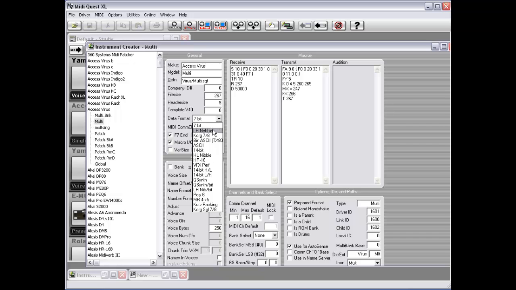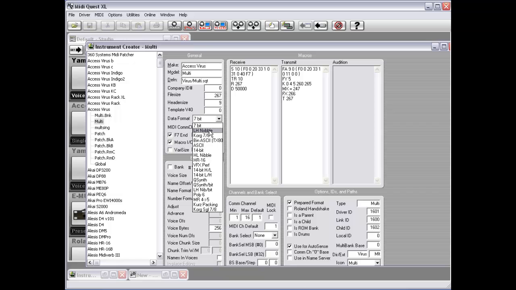Low-high nibble would be one, and high-low nibble is another. 14-bit high-low and 14-bit low-high. What happens in all of these instances is, and I'll use low-high as an example, if you say, I want byte 3, the contents of byte 3 in my data, and my data is formatted